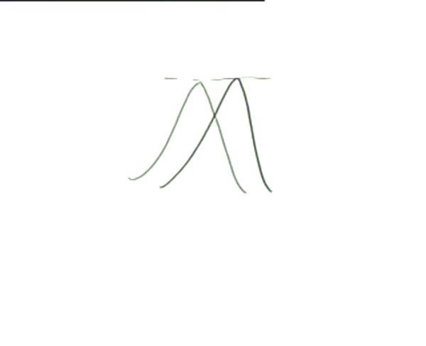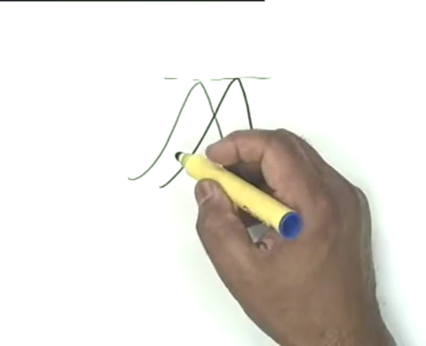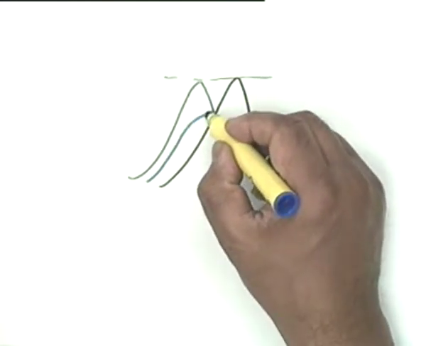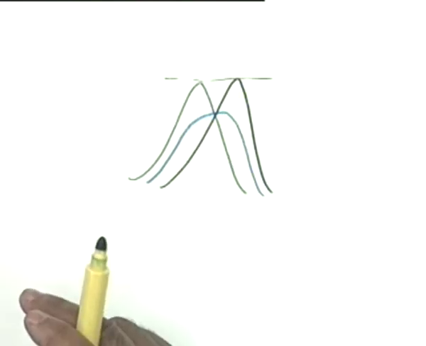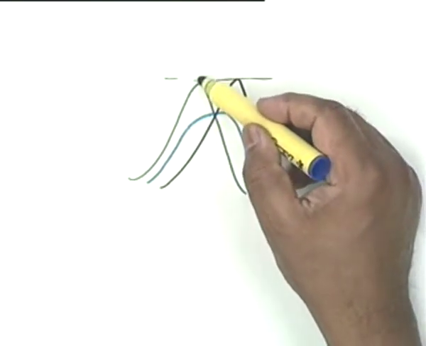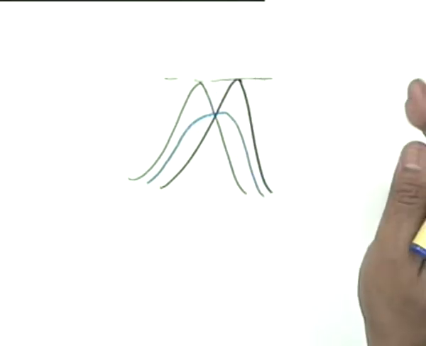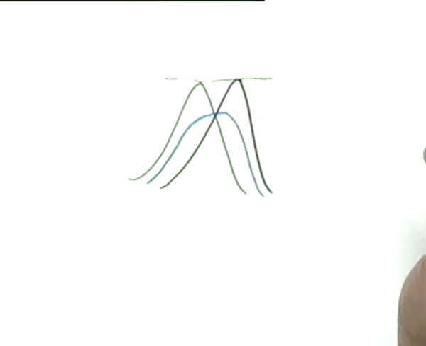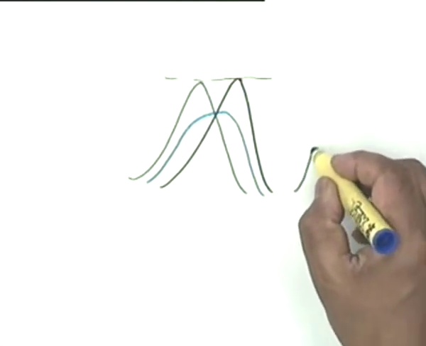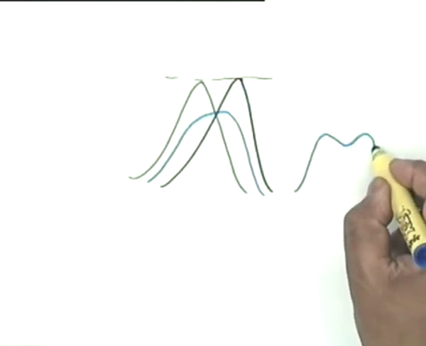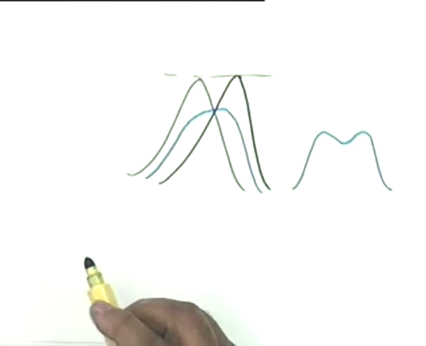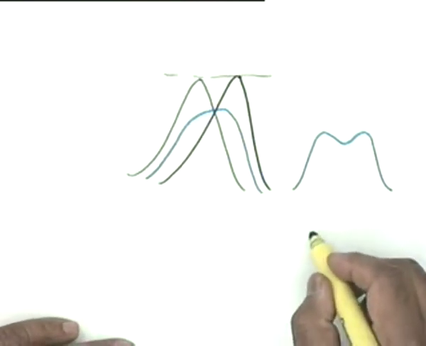So if I multiply these two, what I am going to get is something like this, where this top can be shaped depending on the difference between the two resonance frequencies. For example, if they are pretty far away from each other, then perhaps I will get two peaks like this and a dip in between. Okay, I can bring them closer and get something like this,